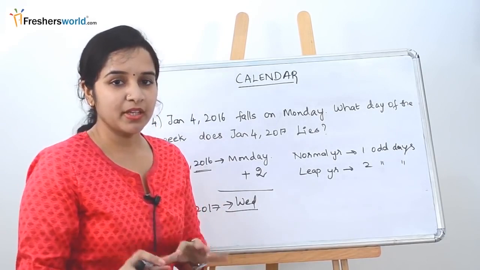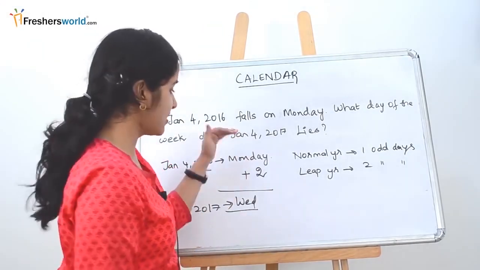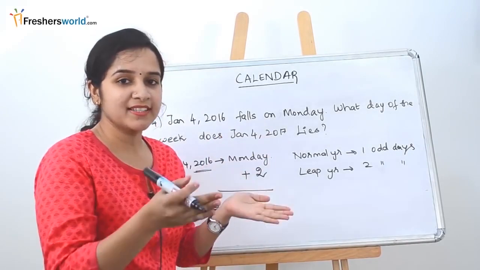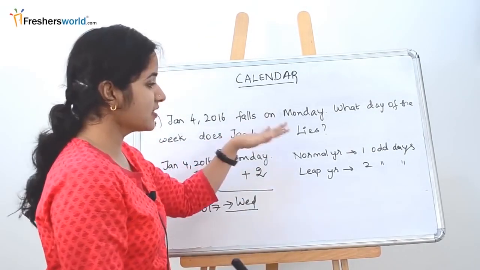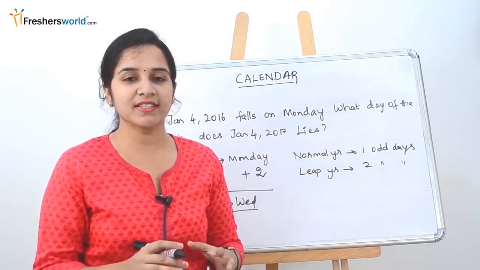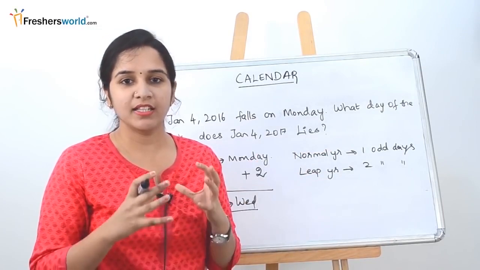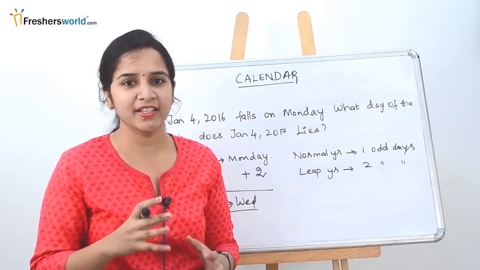Let's take a normal year. What do you do? You take the same day and you do plus 1. So if it's a Monday, then it will fall the next year on Tuesday. If it's a Thursday, then it will fall on a Friday. So this is the difference between the normal year and the leap year. So in this video, we discussed how to solve leap year sums as well as the other basic sums that you might find in a calendar problem.